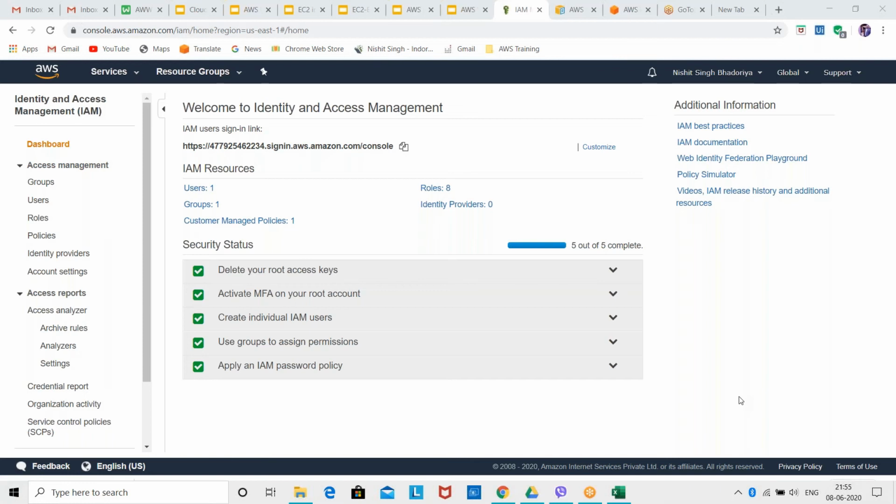Like Manoj, you can use your root account as well. I'm not denying that, but I prefer you to create an IAM user, because then your root account will be secure. For example, if you're working on a project and you make a very small mistake during the configuration, and you do not know where you made the mistake, that will affect your root account.